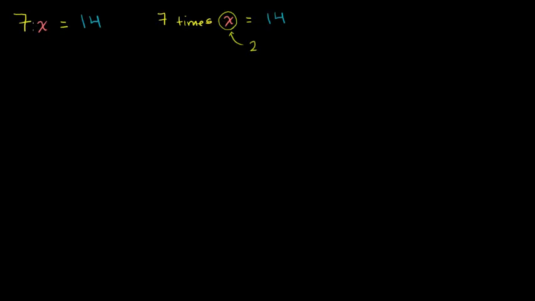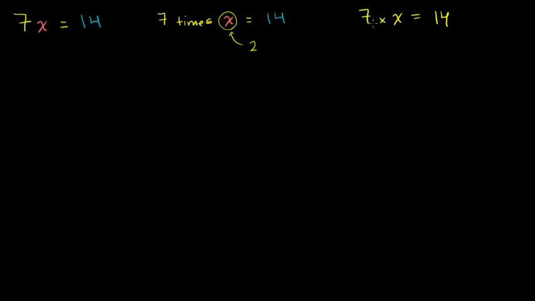In algebra, we don't write the times there. When you write two numbers next to each other, or a number next to a variable like this, it just means that you are multiplying. It's just a shorthand notation. And in general, we don't use the multiplication sign because it's confusing, because x is the most common variable used in algebra. If I were to write 7 times x is equal to 14,